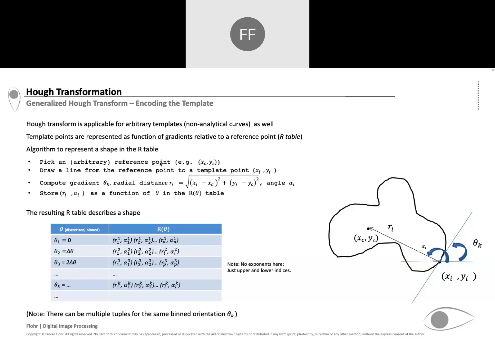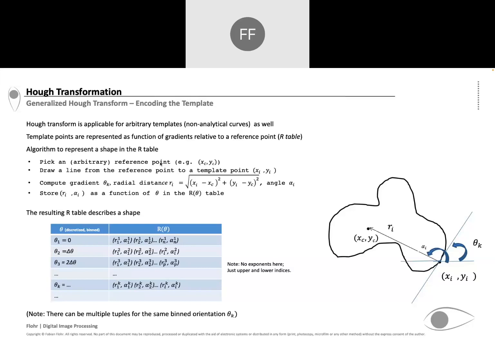We store that angle alpha here, which is defined by this line spanned to the midpoint. And we store the radius r here for our particular gradient that we have at this location. And this gradient is binned. So again, quantized. Let's say that we have 12 values or something like that, 12 values for our orientation. So we bin our gradients to these 12 values,